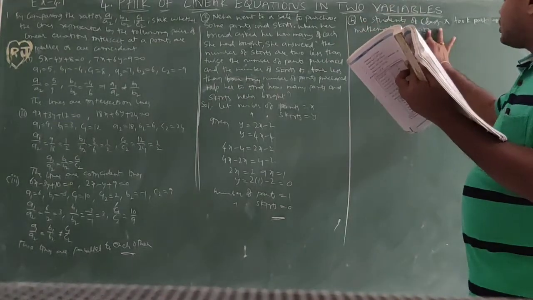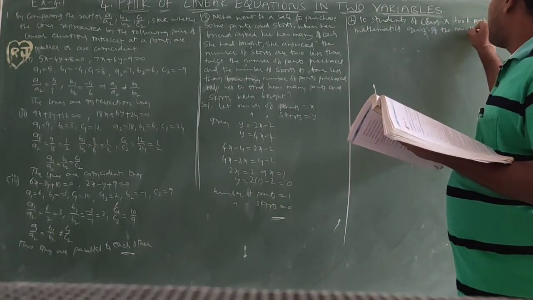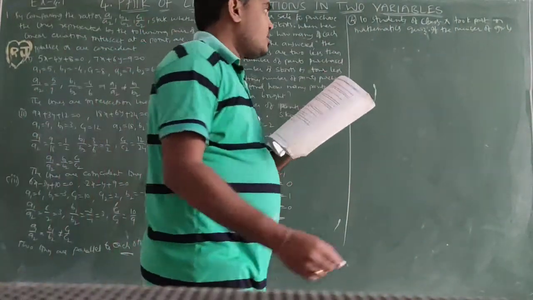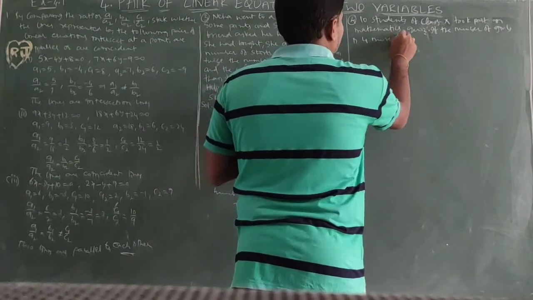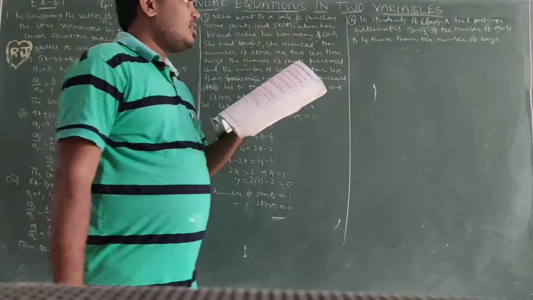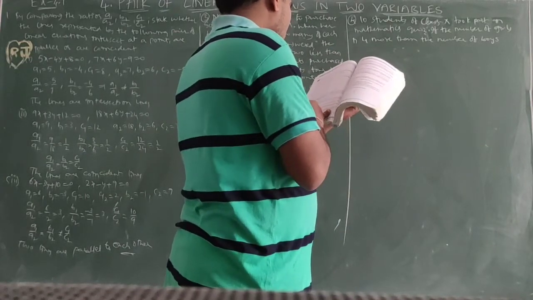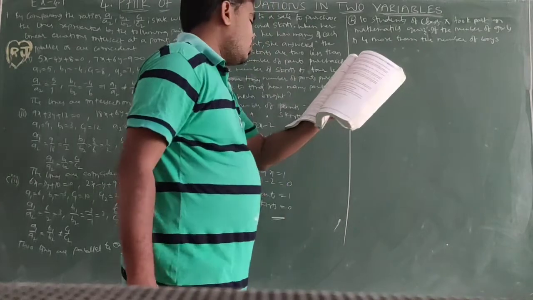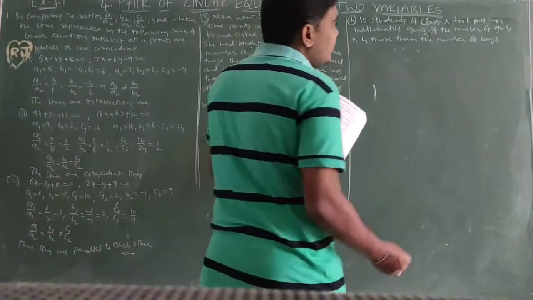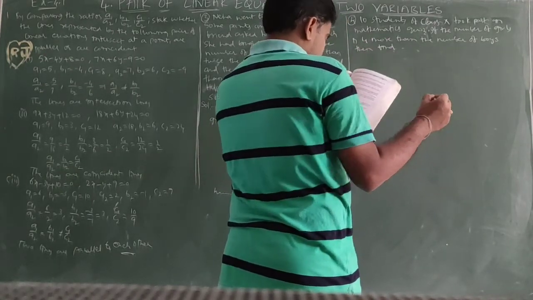If the number of girls is 4 more than the number of boys, then find the number of boys and the number of girls